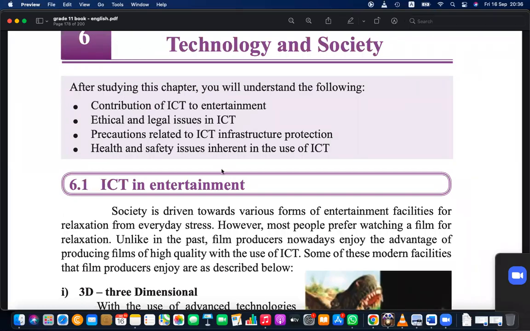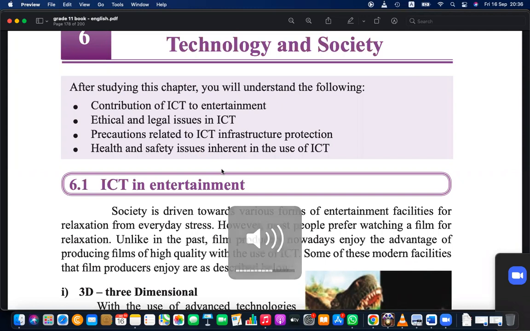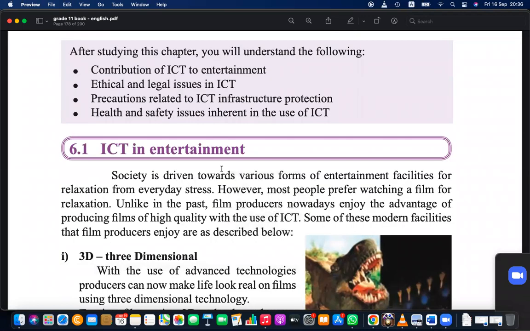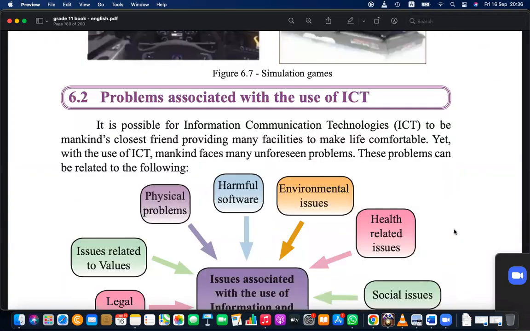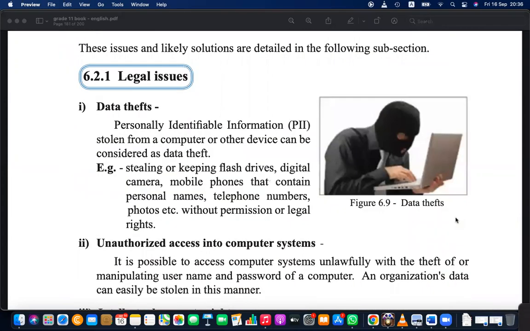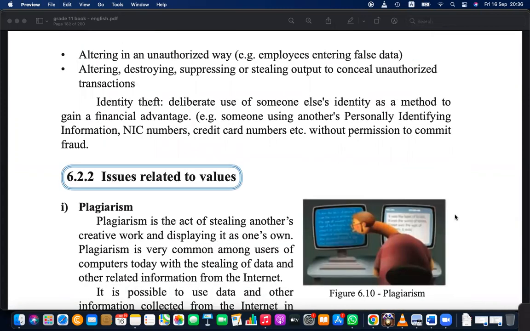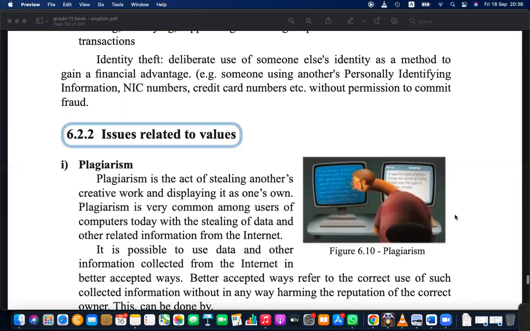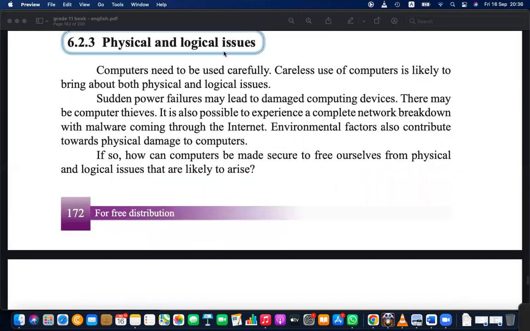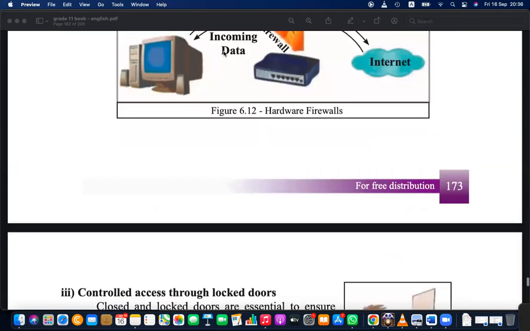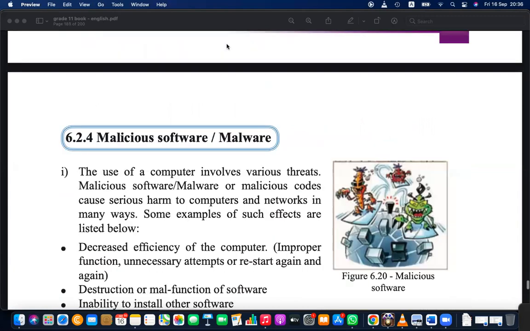Okay, last day we were discussing society and the impact of ICT in society. There we discussed the recent ICT technologies that have impressed the community. Those are so impressive and have added real value to society. We also discussed some social issues like plagiarism, fraud, theft, and confidential data disclosure, and the physical and logical security measures that we can take.